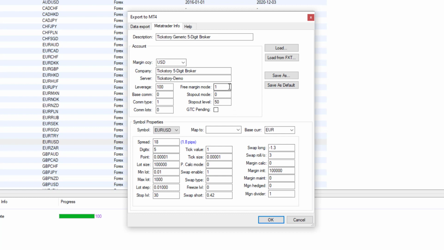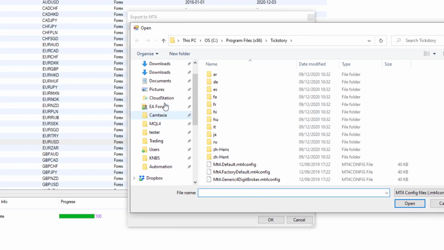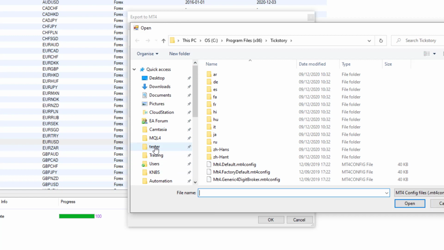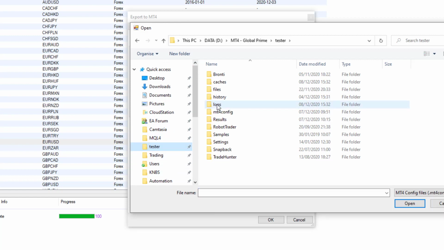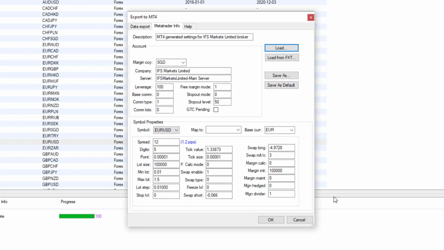So that'll be installed in your tester folder. So here you can go to load. Now I've made a shortcut link to tester here, and you'll have a subfolder called MT4 config. So pick the data for IFS Markets or whatever broker you're using, and then